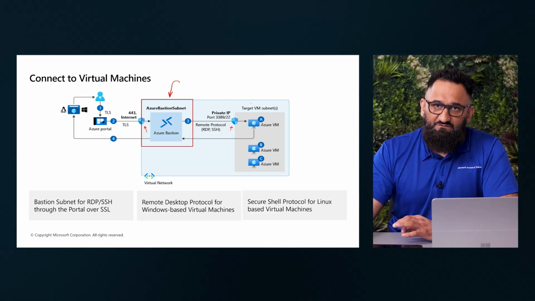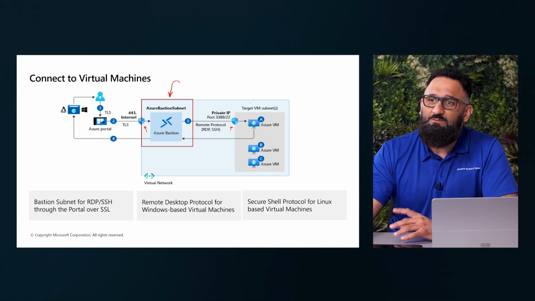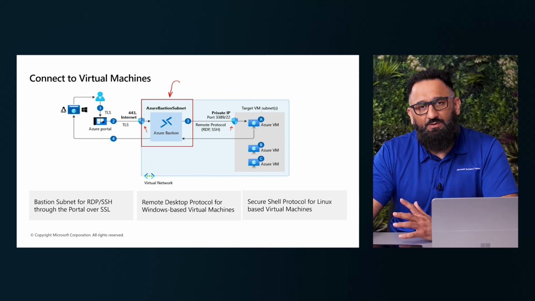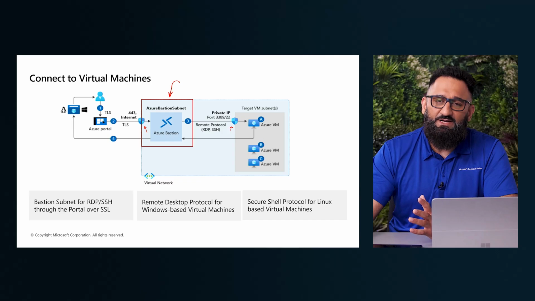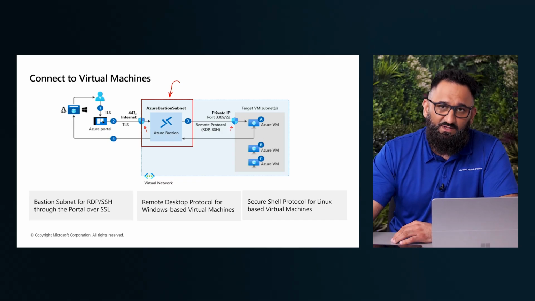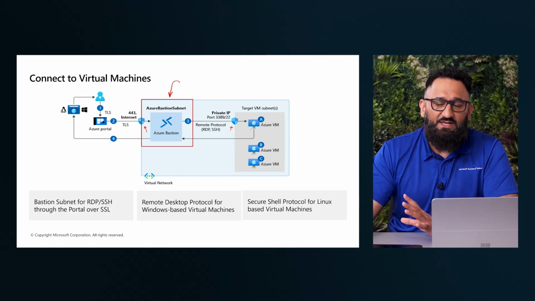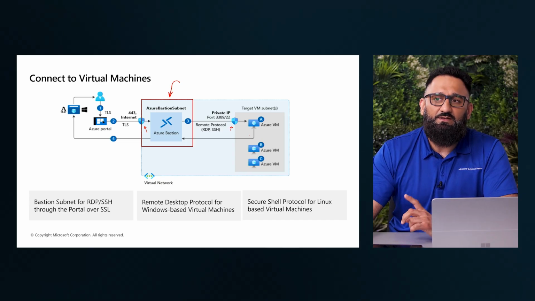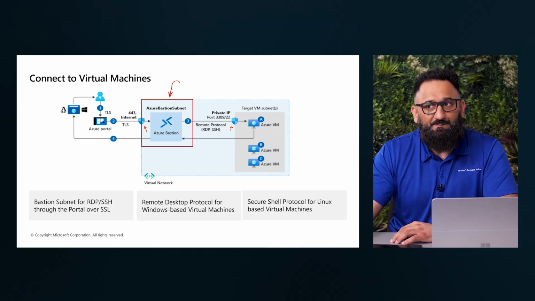For a single virtual network, I only need one Azure Bastion service. I don't need more than one, and that's more than enough. However, if I have resources spread across multiple virtual networks, then I need a single Bastion service for every virtual network that I have. The exception is if I have created a VNet peering for this virtual network, then I can use that Bastion service to connect to all of the resources that are paired together.